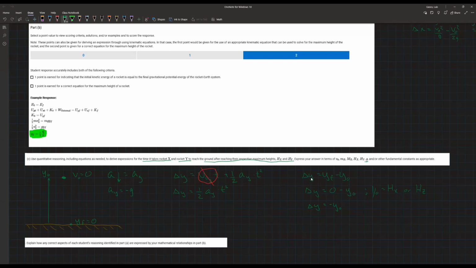So we get 2 times delta y. We move over the 1/2 through multiplication because we're dividing originally. And then we divide by the vertical acceleration, a_y equals t squared. Or we can say t is given by the square root of 2 times the vertical displacement over the vertical acceleration. Now we can say the time for rocket X to return is going to be